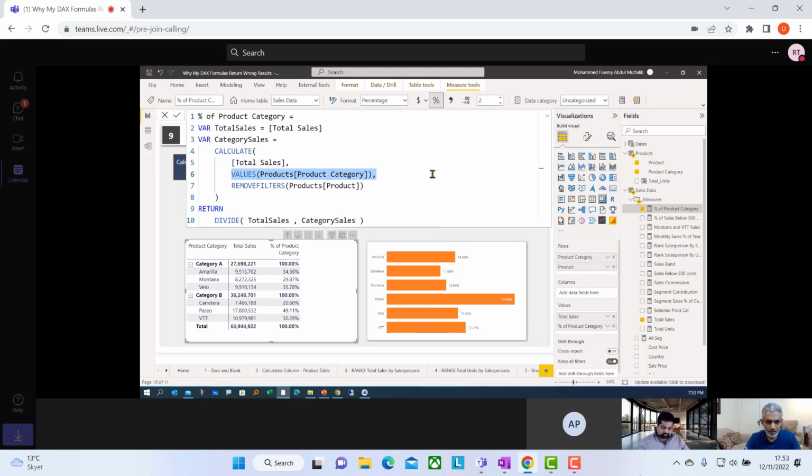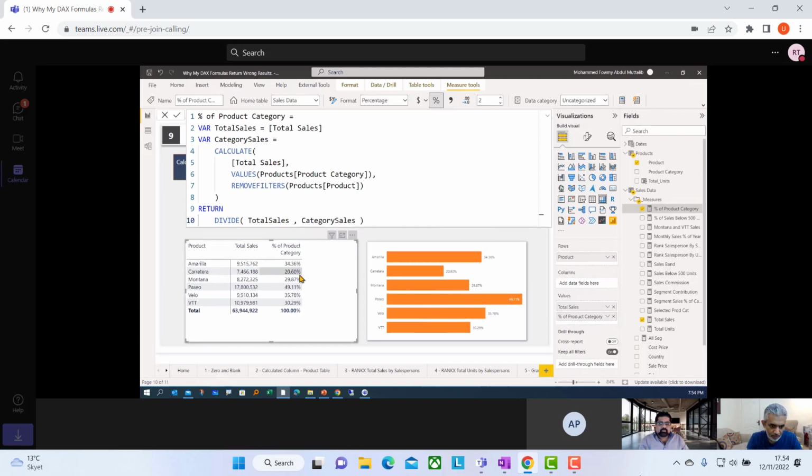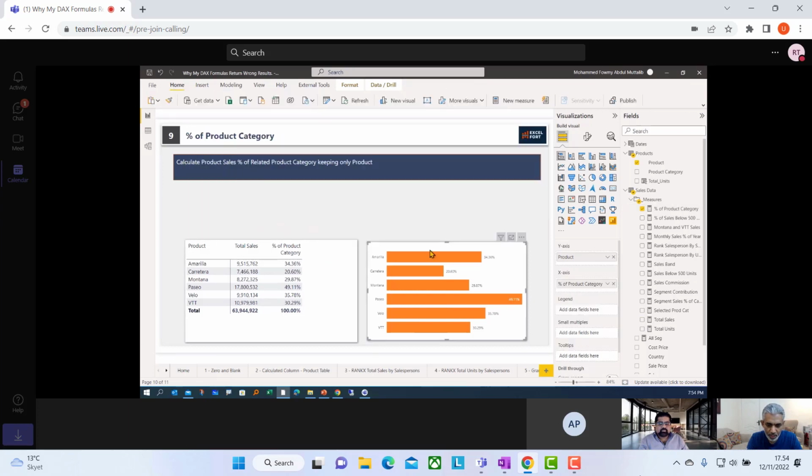So where can I find the category here in this case? Let's confirm and check our results are correct. Yeah, now it's giving the correct amount, right? 34%, and I'll go and remove the product category. Still giving me the correct amount, 34.36. So even in this chart, it's correct. So what happens is,